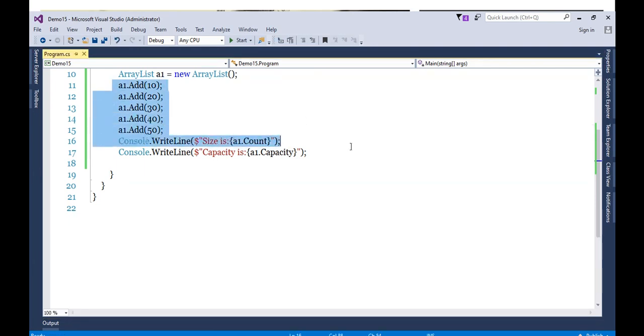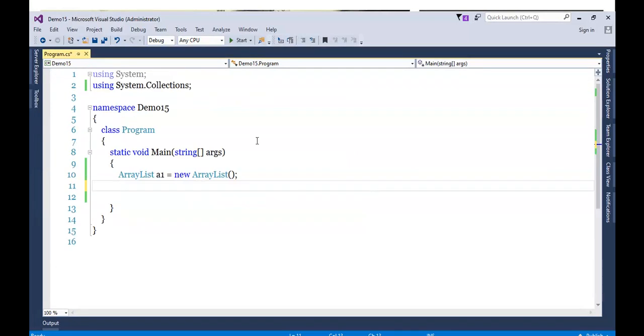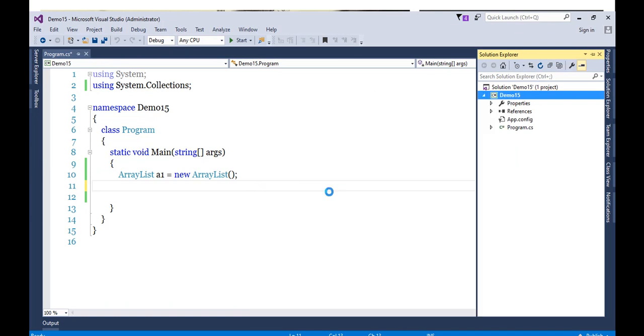Now let's go ahead and see the other functionalities. I'm not interested in showing those integer collections. Let's go ahead and use a class type of collection in this. So let me create a simple class. Any class you may take here.